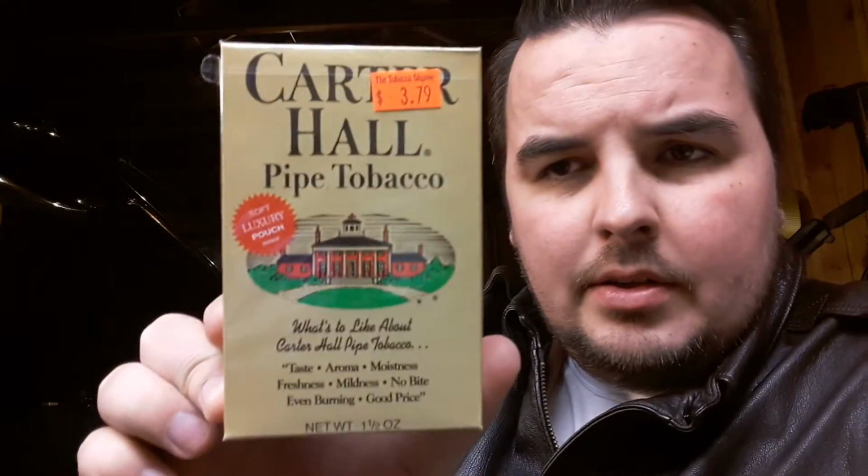Reviewing the legendary over-the-counter American Burley mixture, Carter Hall. Go ahead and get a look at the presentation here. And just like it looks, it's very similar to Prince Albert. I don't really think that there's too much difference. There's a few additions on the Prince Albert verbiage on the back of the box, but as you can see